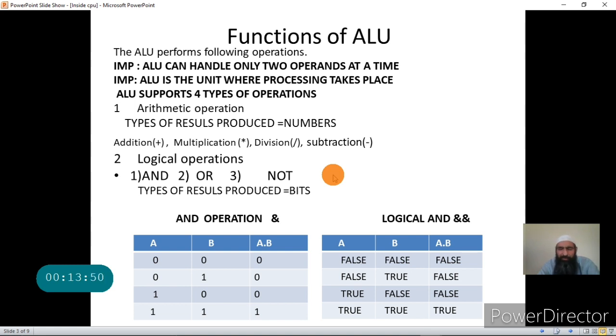Now, the ALU can at most handle 2 operands at a time. By operands, I mean numbers. Suppose the ALU can add 2 numbers at a time. When you want to add a third number, you will have to add that number to the result. It can only perform the operations on 2 numbers. Now, the ALU contains the circuits that can do addition or comparison or shifting or logical operations.